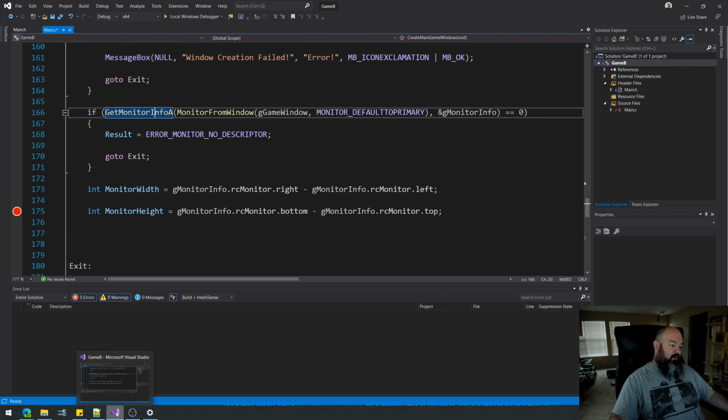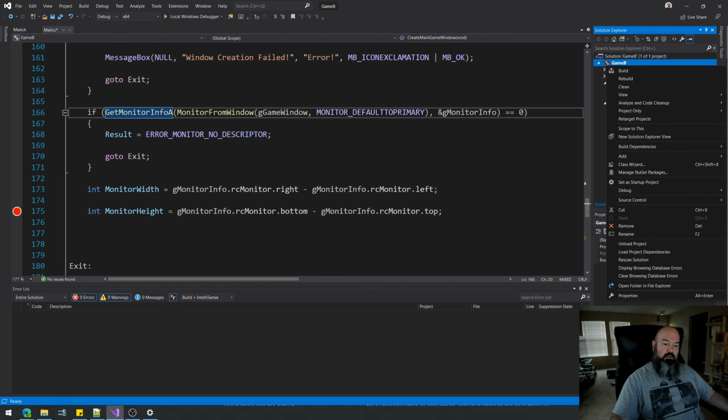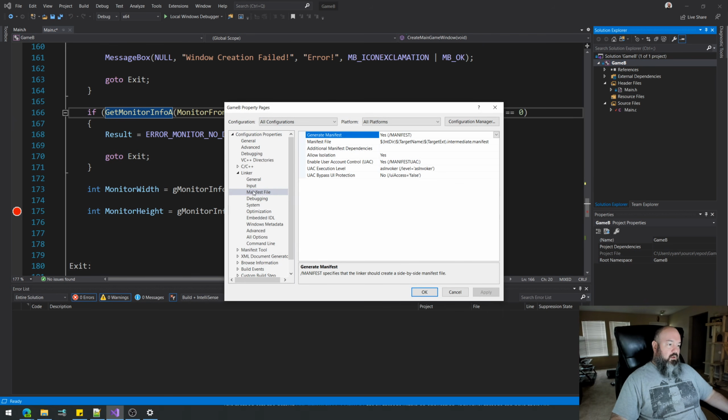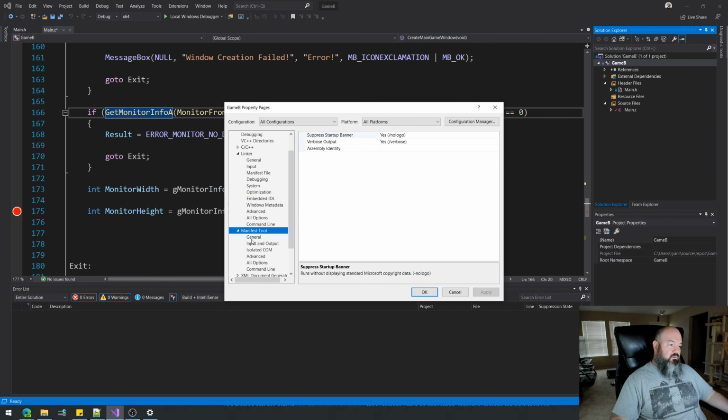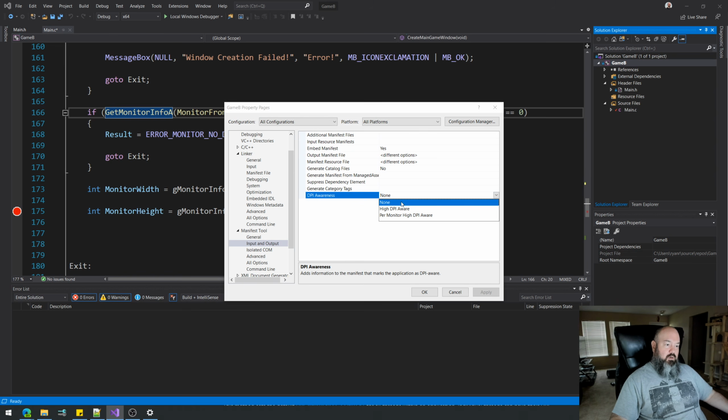So back to our manifest. Alright, so if I go down here to manifest tool, it's in here somewhere. Input output, DPI awareness is what we need to change. And I'm going to do, there's high DPI aware, and then there's per monitor high DPI aware right there. I'm going to make a little side